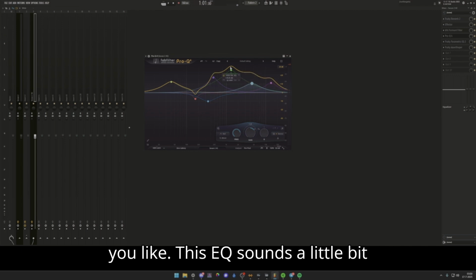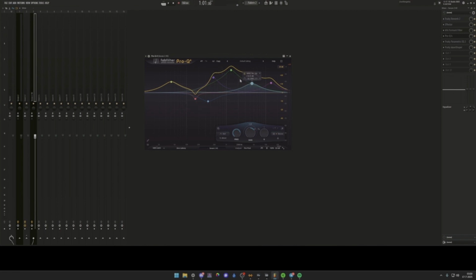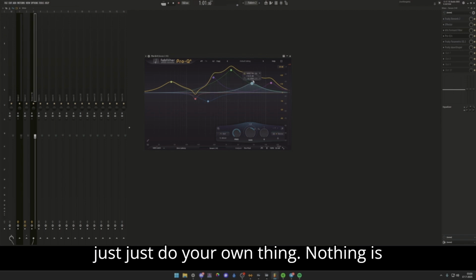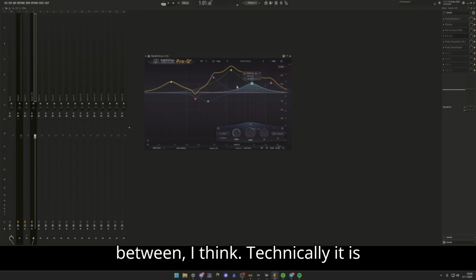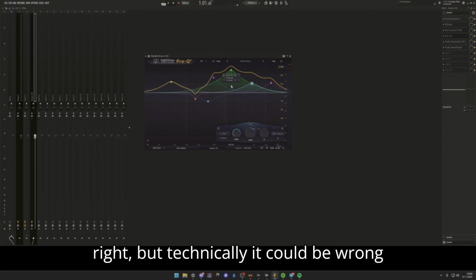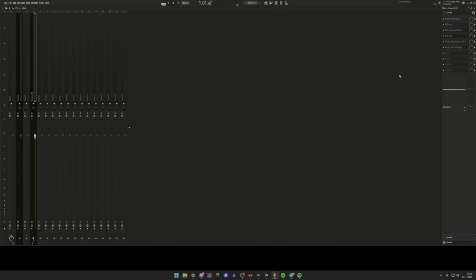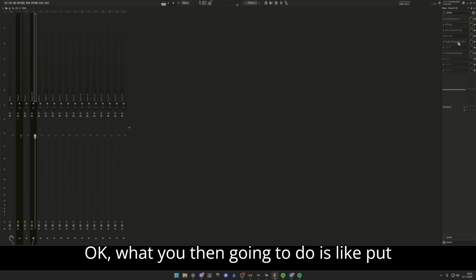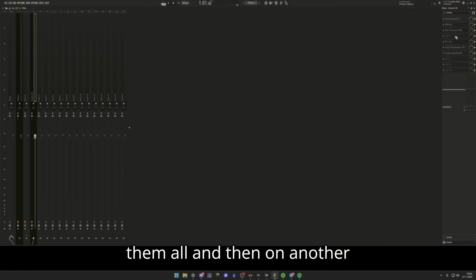This EQ sounds a little bit weird. It does seem a little bit odd, but just do your own thing. Nothing is wrong, nothing is right. It's just in between, I think. Technically it is right, but technically it could be wrong as well. So yeah. Okay, what you're then gonna do is put them all, and then I don't know, it's